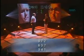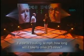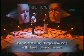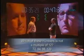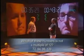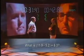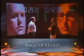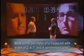8. 3. If a car is traveling 50 miles per hour, how long will it take to drive 275 miles? 5.5 hours. Correct. Ogi, which of these numbers is not a multiple of 12? 98. Correct. David, what is 11.9 minus 5.2 plus 6.3? 13. Correct. Ogi, what is the perimeter of a trapezoid with sides of 2, 4, 7, and 9